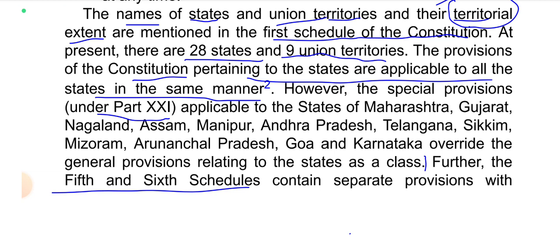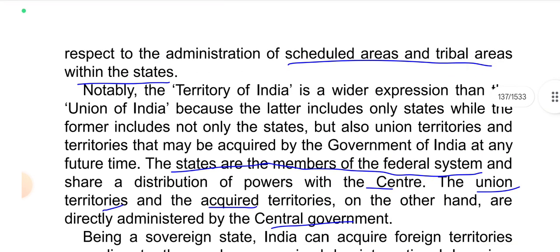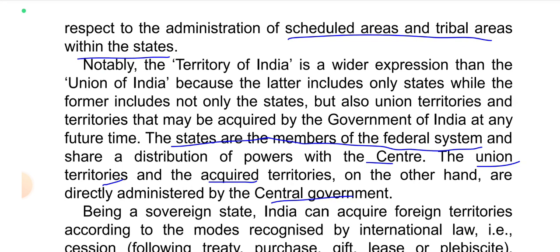The provisions of the Constitution pertaining to the states are applicable to all the states in the same manner. However, the special provisions under Part 21 applicable to the states of Maharashtra, Gujarat, Nagaland, Assam, Manipur, Andhra Pradesh, Telangana, Sikkim, Mizoram, Arunachal Pradesh, Goa, and Karnataka override the general provisions relating to the states as a class. Further, the 5th and 6th schedule contain separate provisions with respect to the administration of scheduled areas and tribal areas